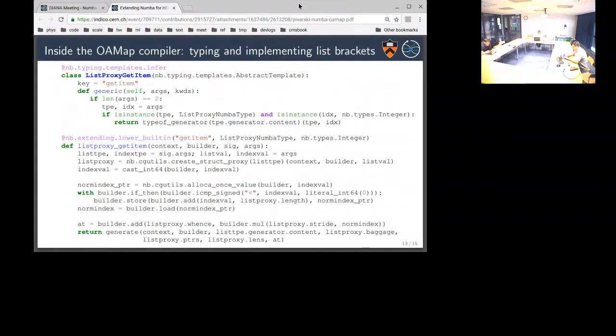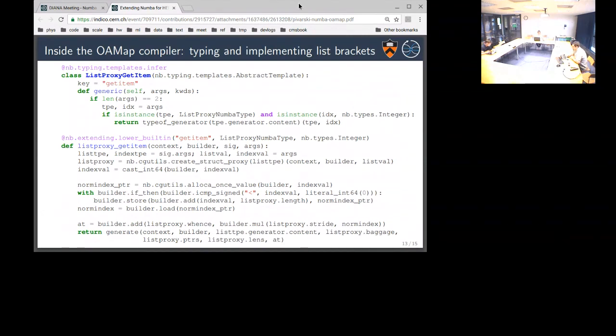It's very low level. And then the last stanza is doing pointer arithmetic to find that place in the array. And then generate is a recursive function that does this again for whatever might be inside of it. So if you have a list of lists, it'll do this twice.